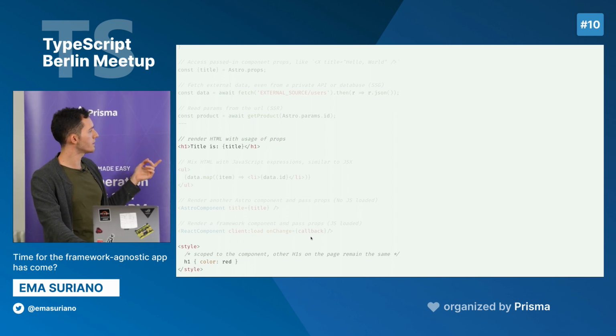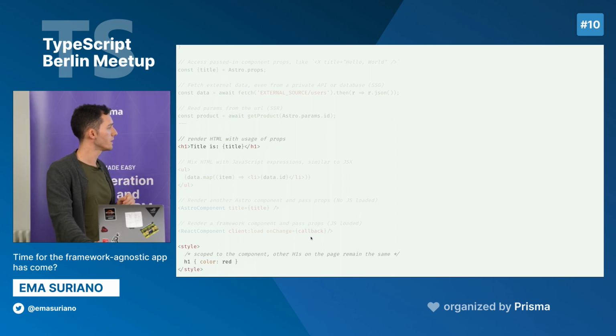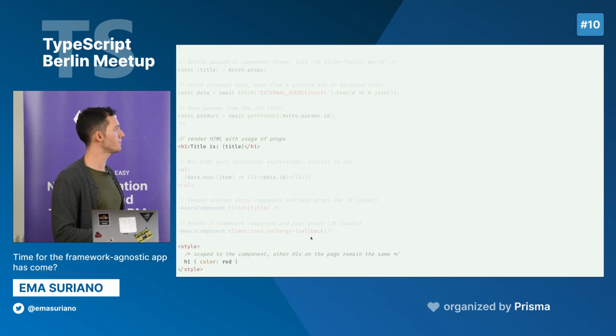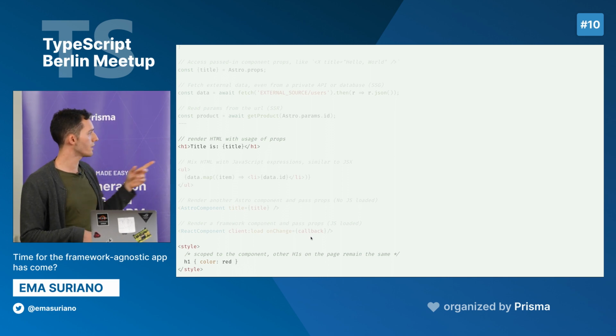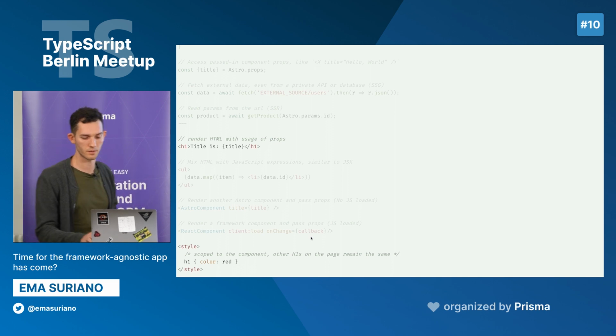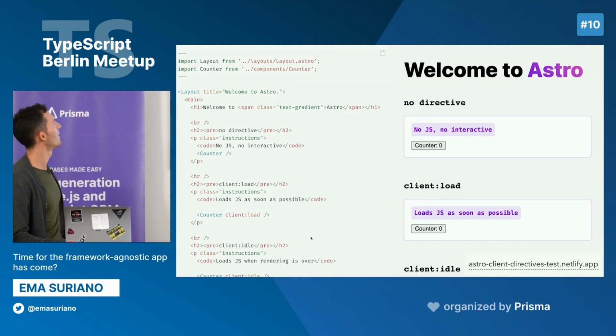All the styles that we define here, like in this case, h1, that refers to that title, are going to be scoped. So Astro is going to create a class that is unique for this component. So any other h1 on another component is not going to be affected by it. So this is what I wanted to show before.